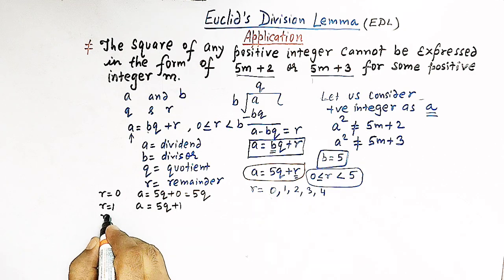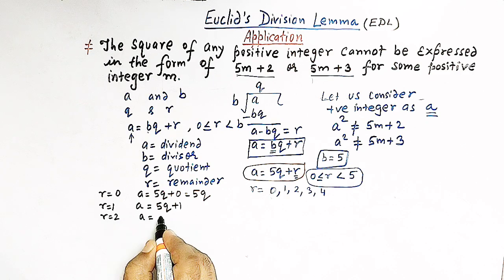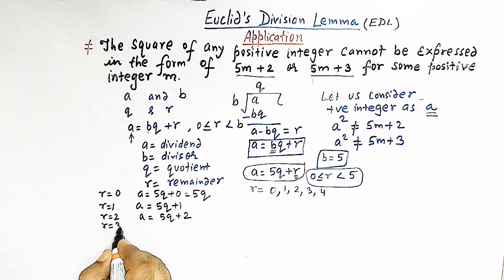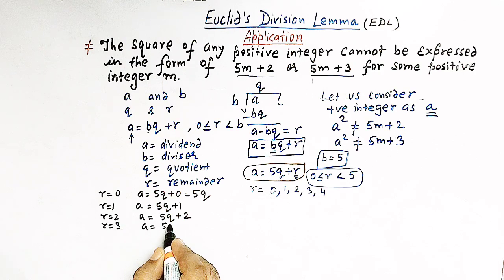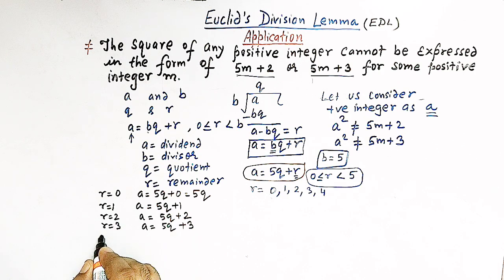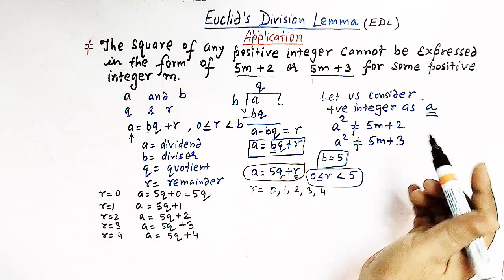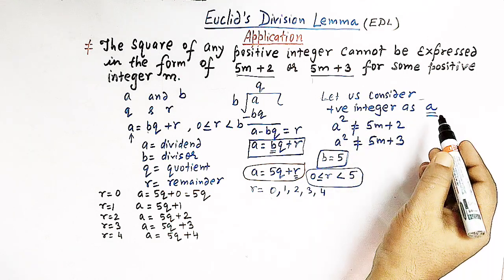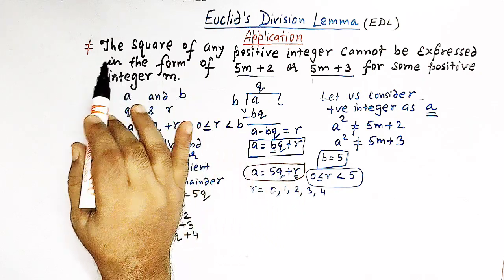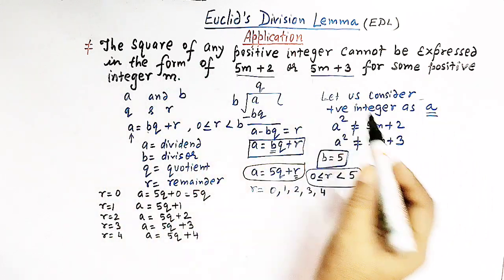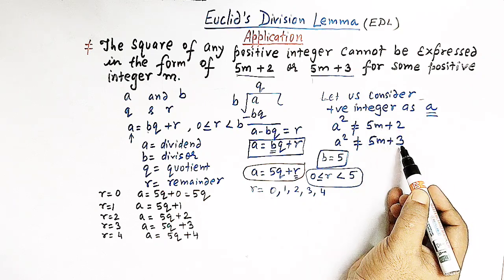When r is equal to 2, a is 5q plus 2, when r is 3, a is equal to 5q plus 3, and when r is 4, a is equal to 5q plus 4, right? So what we have done here is we have considered a positive integer a, and we have to show that the square of this positive integer cannot take these two forms, 5m plus 2 and 5m plus 3,